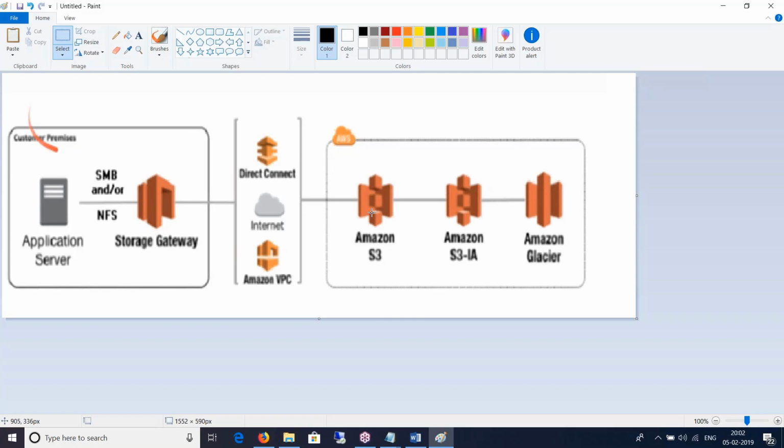It is we who have to restore it from Glacier to S3, and then the application will point to it there. If you have the policy written to move the object from S3 to Glacier, the application server will not know, because Glacier is primarily meant for long-term archival purposes. So this will be a manual exercise that you have to do.